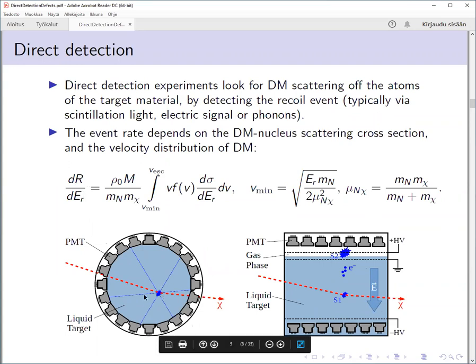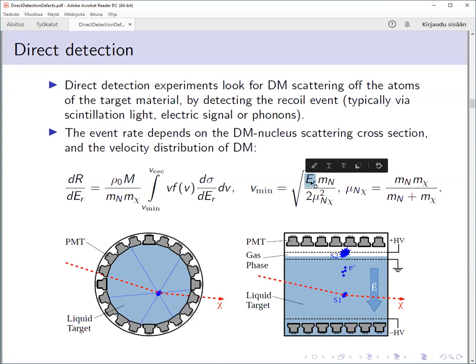So of course you can only constrain dR/dE above that threshold energy that your experiment is able to see. For example, with xenon, if the recoil is not energetic enough to excite the atom so that it would give out a luminescent signal, then of course you cannot see it. So there is some lower energy required for the experiment to see the signal, and then this implies a lower limit here on this integral. I mean, you put in the lowest ER that you are able to see, and then